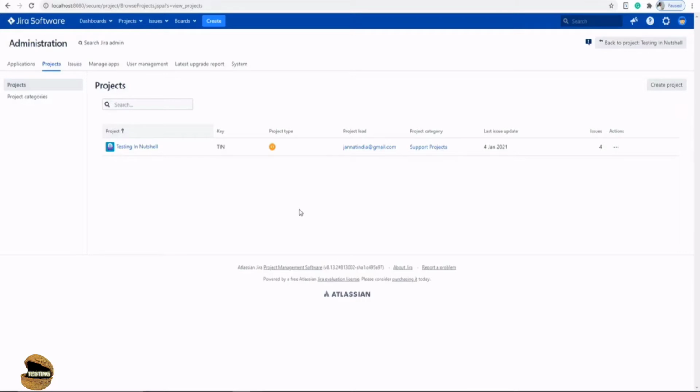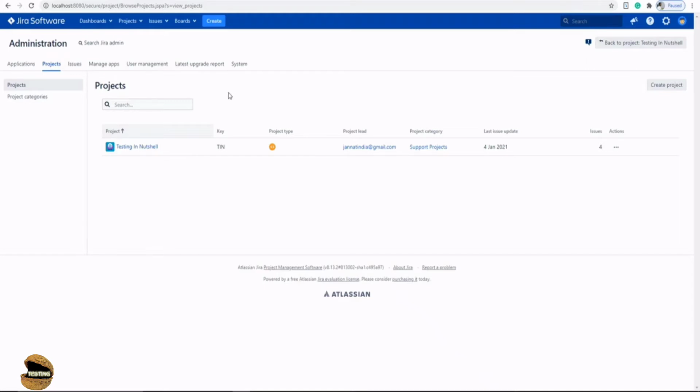In order to reach the project management section of JIRA Administrator, you need to make use of this cogwheel as usual and just click on the project section and you will be taken back to the projects menu within the JIRA Administrator. At any point of time, if you're already in Administrator, these are the tabs which will allow you to navigate into different segments of the JIRA Administrator. So as a part of this tab, you have two menu items called projects and project categories. The first option, project, stands for the project management, which basically allows you to manage all your existing projects which are already created with all their details,